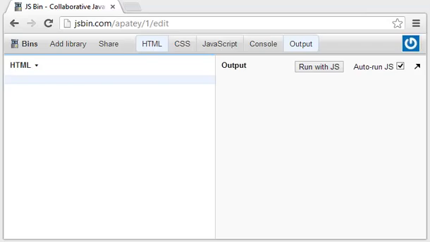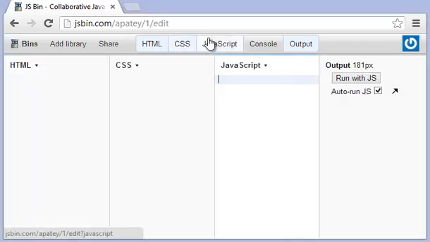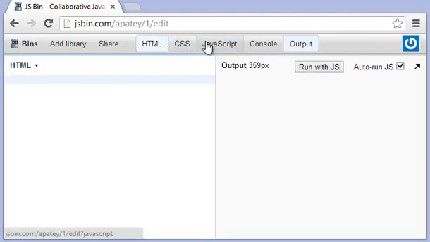Now, you probably have something, if you've just come to JSBin, in the HTML, CSS, and JavaScript. I just want you to highlight everything and delete that. The reason is that we're going to start everything from scratch here. And actually, one of the best things you can do once you're finished this course is to